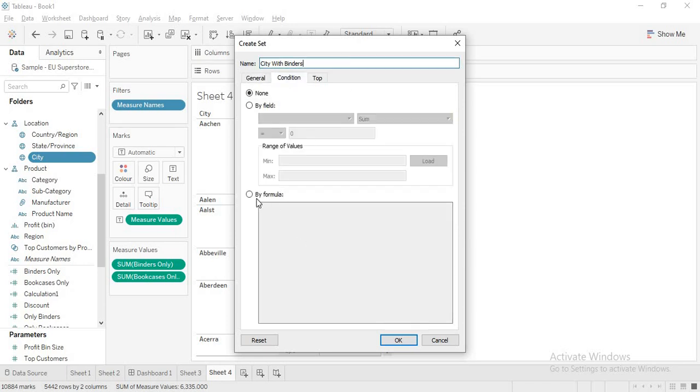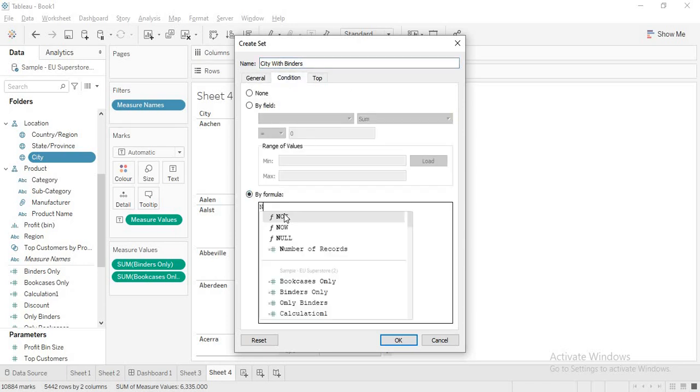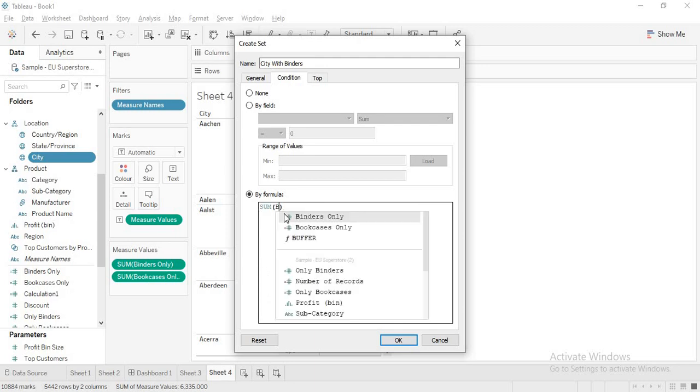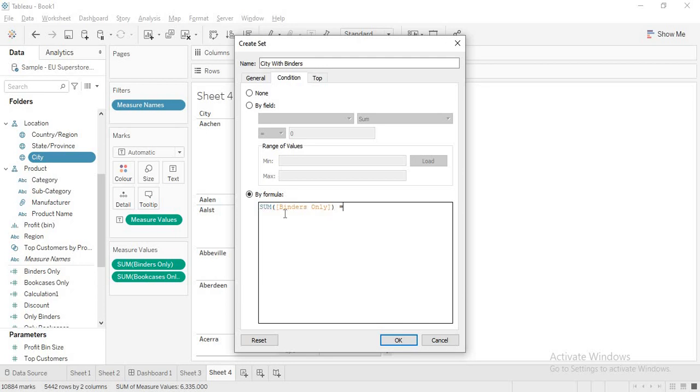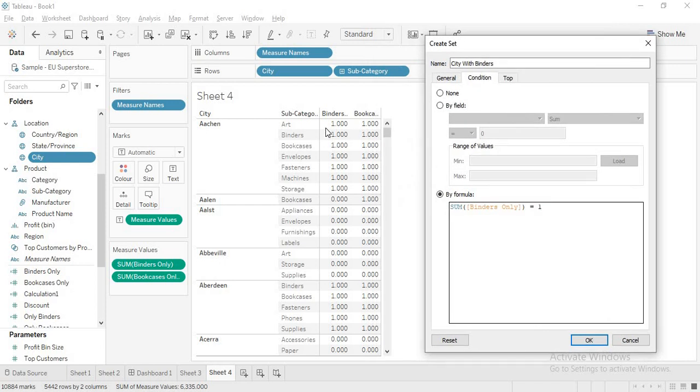Okay, in condition I'll say sum of binders only is equal to 1. So what am I saying here? See here binders you are having 1, right? So I want cities only that are having binders. I want members of the set to be the cities that are having binders in their subcategory.